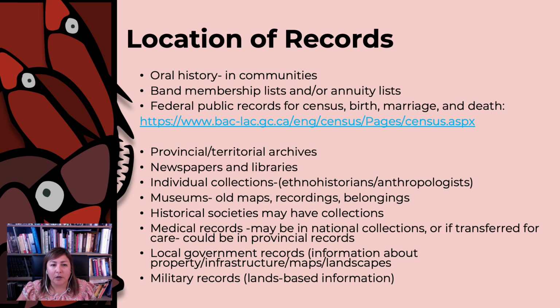There are many different archives that may hold useful information to the investigation of missing children. You may want to begin by finding out if your community has oral history records that may include recordings or transcriptions of accounts from survivors and their families. Furthermore, you could begin by looking up band membership lists and cross-referencing them with annuity lists to see if some members stopped collecting their distributions. Sometimes these documents also reference the IRS that members were forced to attend.